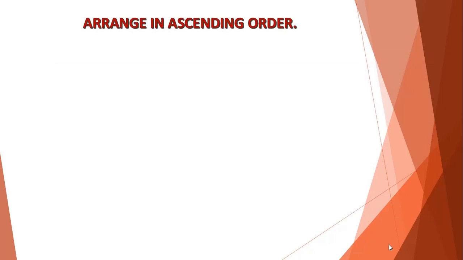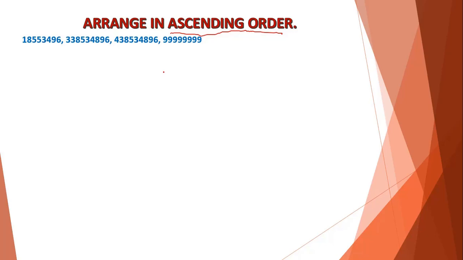In this video, we are going to learn to arrange the given set of numbers in ascending order. Before we start this video, we should know the meaning of ascending order. Ascending order means arranging things from small to big, which means in this question they are given some numbers, like these four numbers. We need to arrange all the numbers from small to big.